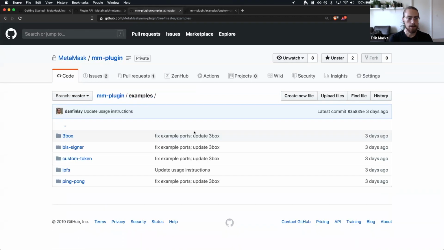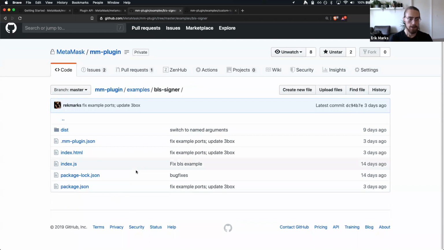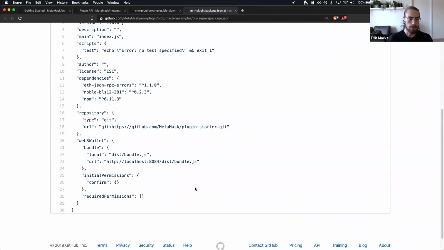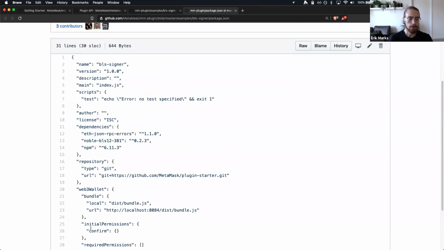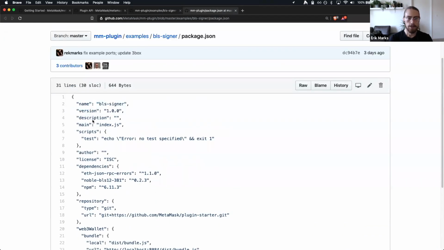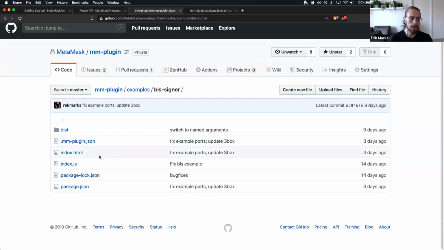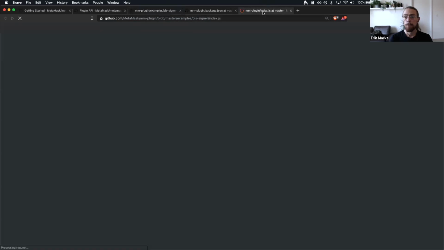Now, another example is the BLS signer. And here, what does it do? It doesn't really require any interesting permissions. However, what it does do is